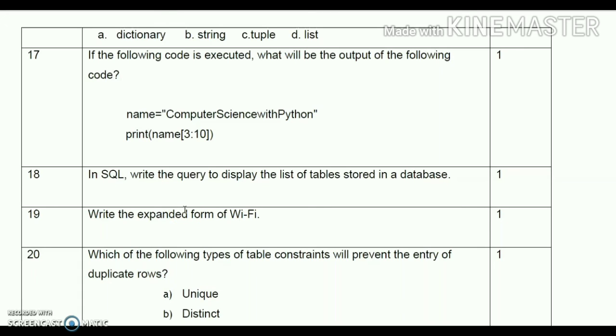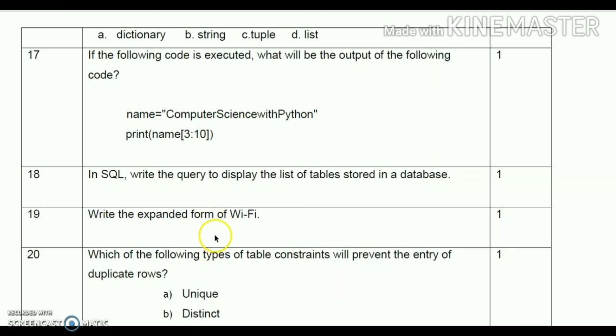When you have to show the structure, you can use DESCRIBE, for example DESCRIBE EMP, or DESC. That will return the structure of a table. To show the tables, the keyword is SHOW TABLES.